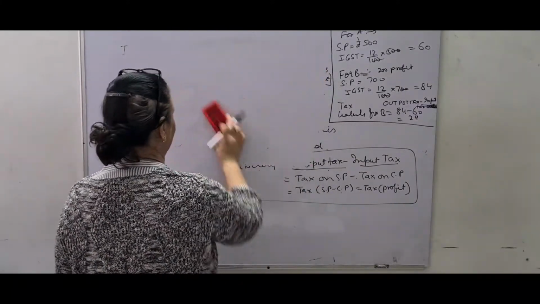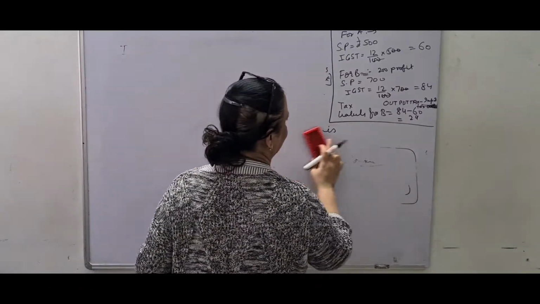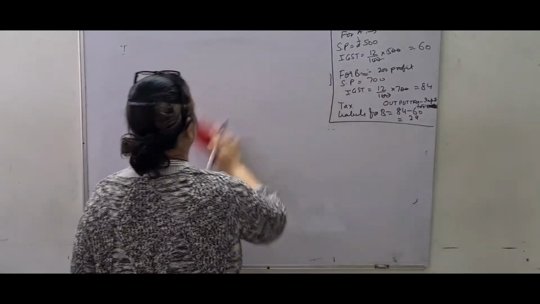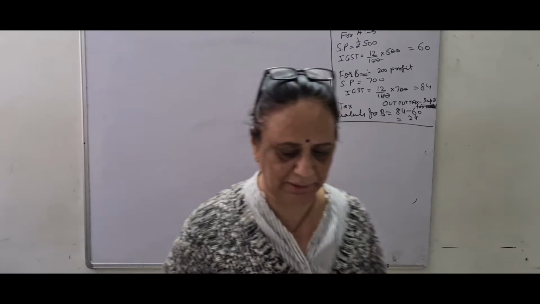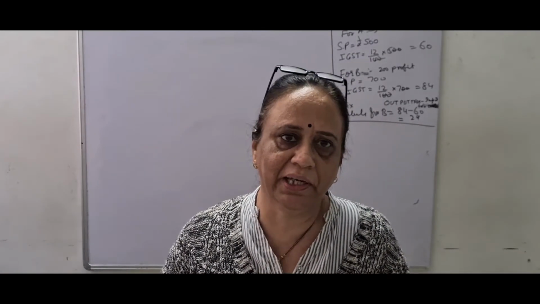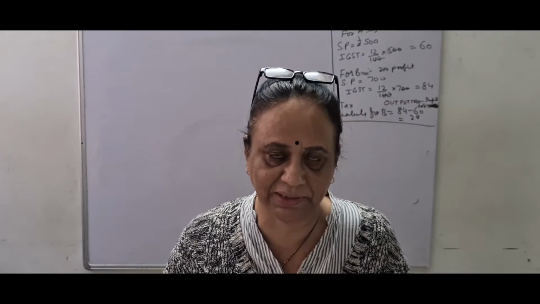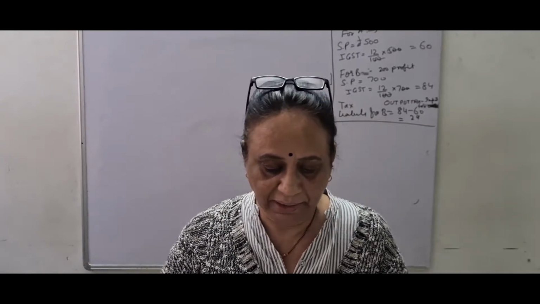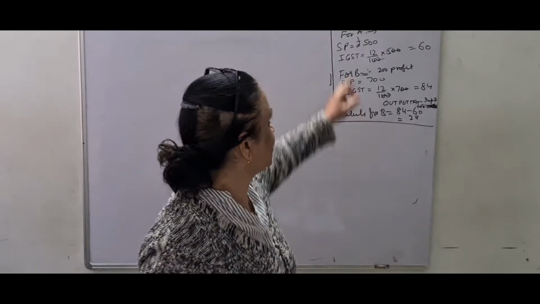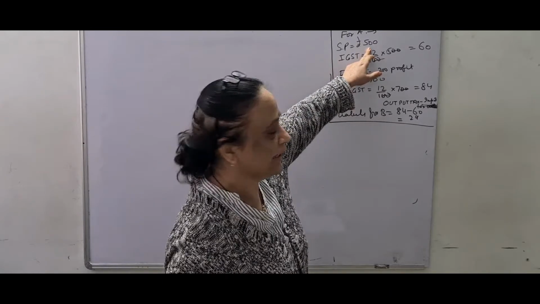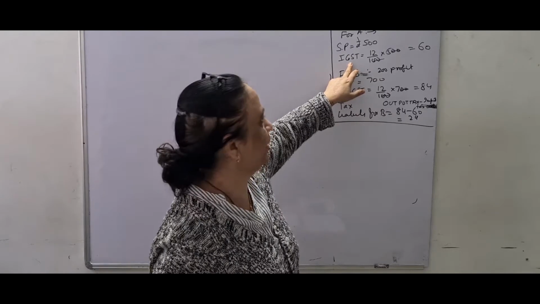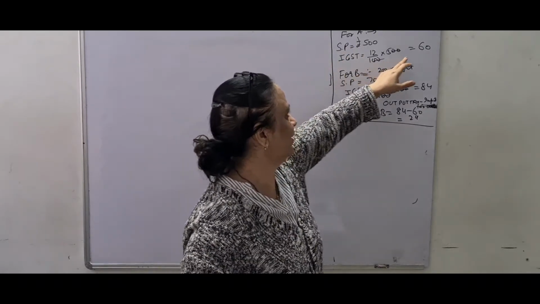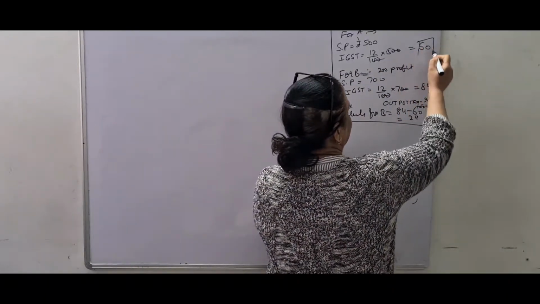Now I'll give you a simple example of a question, because I believe that unless I do the sums with you, you won't be able to understand these very heavy terms. So we'll start with the sum. Suppose I have 3 traders A, B and C, and all belong to different states. That means it is IGST. Trader A sells the goods to trader B for rupees 500. That means SP of trader A is rupees 500, and since it is interstate, IGST has to be paid at the rate of 12%. So I calculated 12% of 500. He paid 60 rupees as IGST.